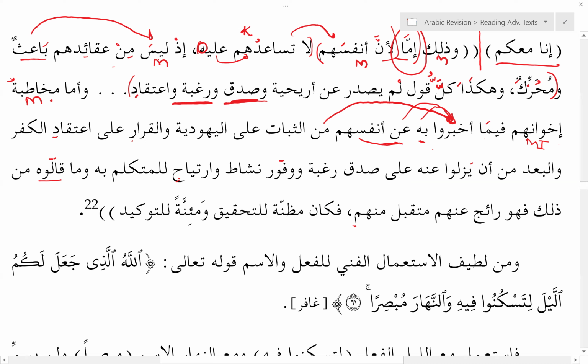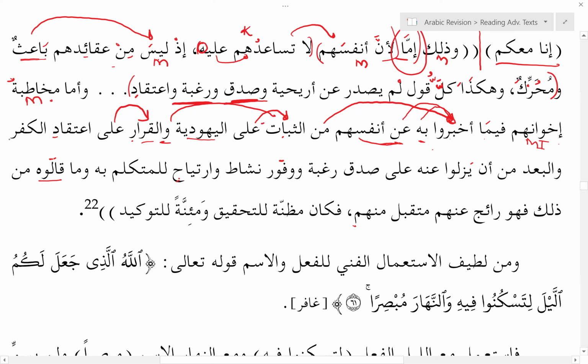So من الثبات, ثباتي على ماذا? على اليهودية. So this على goes back to الثبات. So it shows establishment or firmness in what? In اليهودية. وحرف عطف connecting to الثبات, القرار, establishment of firmness. Firmness in what? على اعتقاد الكفر. So this على goes to القرار. Again, you're just hanging on to things. You're taking this and you hang on. Yeah, you're doing متعلق يعني. You get what I'm saying.